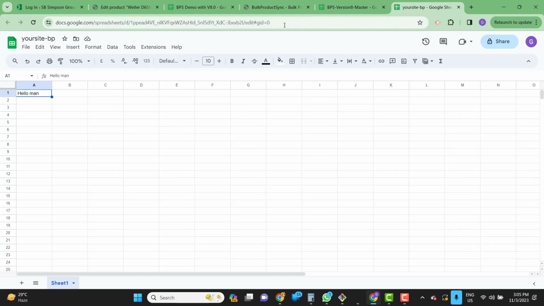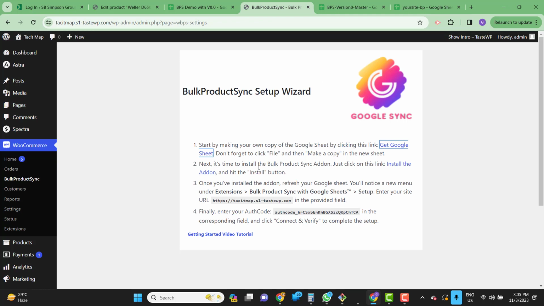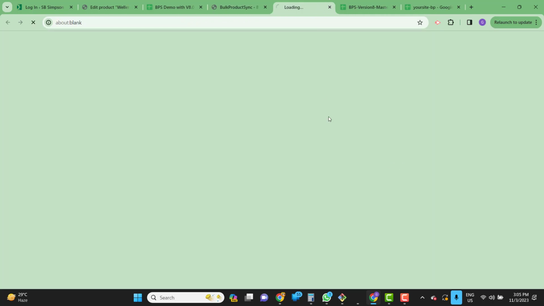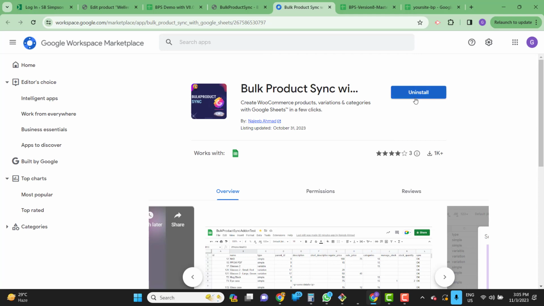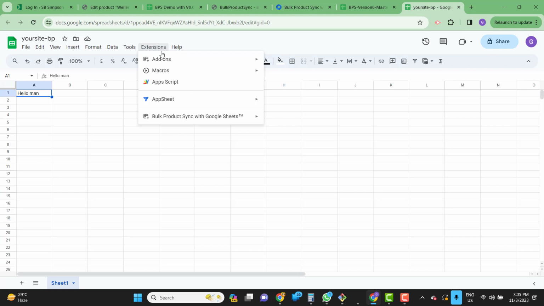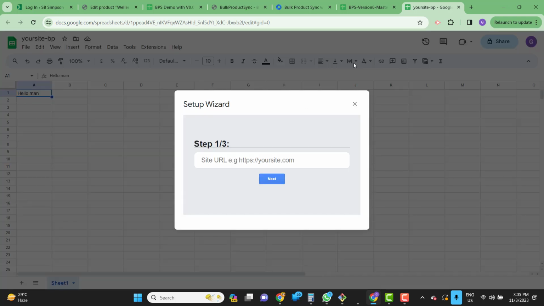Once the sheet is created, next you have to install our bulk product sync add-on. In my case, it is already installed. You just need to click the install button and that's all. Once you have installed it, you should see this Bulk Product Sync with Google Sheet menu. Click setup, and